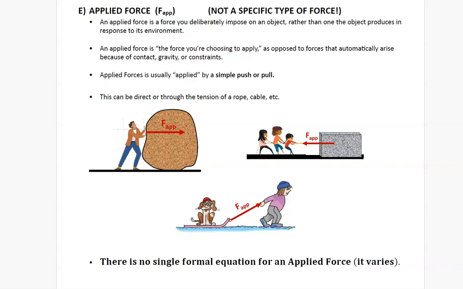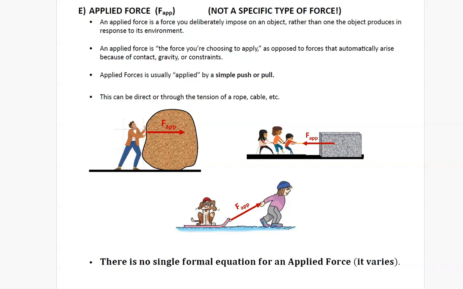The reason why it's not a specific type of force is this is just a push or a pull of an object by you or an animal or a machine or something that's pushing or pulling some object. So I've got examples in these drawings here. I have a woman pushing a giant rock. I have 3 children pulling another big slab of rock. And then the last one, I have a young girl pulling a sled at an angle that her dog is sitting on. So these are pushes and pulls that happen in everyday activities,